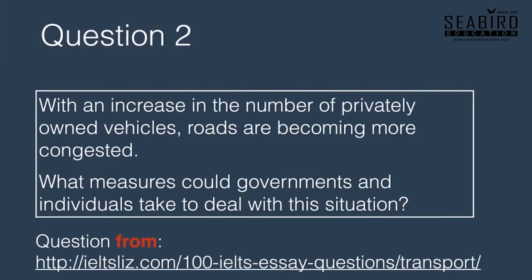Okay, let's try this with another question. Question 2. This is a different kind of question. It's also from IELTSLiz.com. Again, it's in the blog post. So here's the question. With an increase in the number of privately owned vehicles, roads are becoming more congested. What measures could governments and individuals take to deal with this situation? So this seems to be quite a complicated question. But again, we can ask,